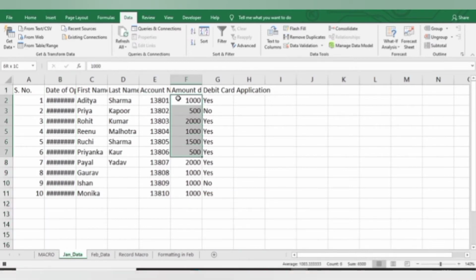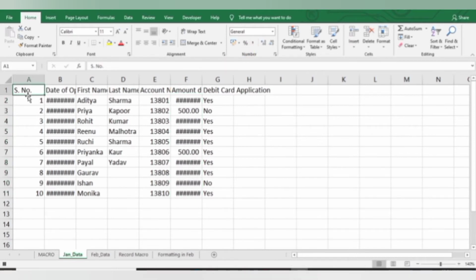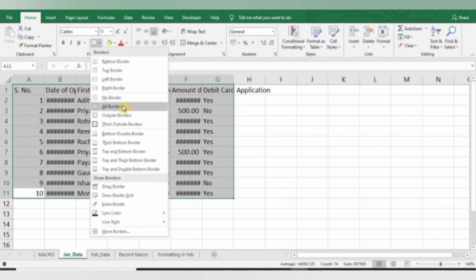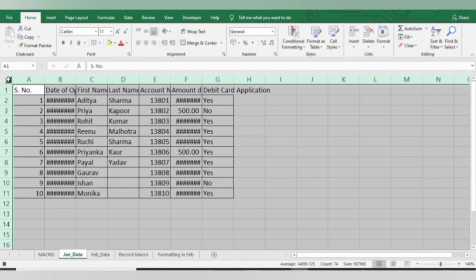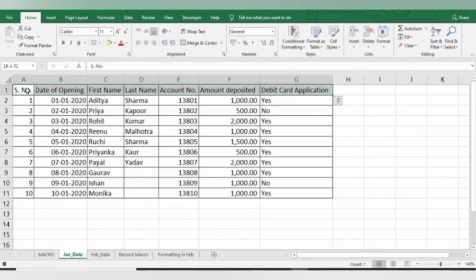I want my amount deposited in a decimal format. So you can go to the Home tab and from here select this comma. Now I want to give a border to my table. Now I want the auto fit column width, so simply select your data and do it like this.